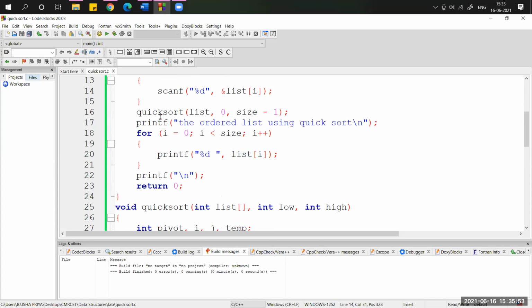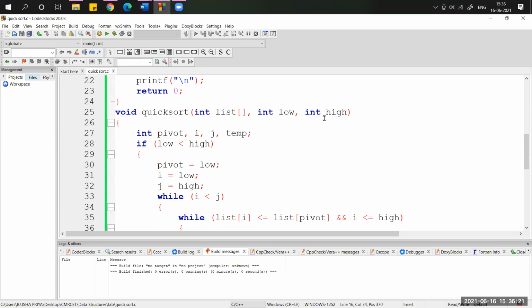Now we are calling the function. Which sorting technique are we discussing up to now? Quick sort. So what we are calling a function here, we are passing three parameters. What are those parameters? List, meaning the array elements, the zeroth location, just zero, and then the last value, size. This is the starting index and the last index. Now it will take those three values and assign them to low, high and list. Low means 0, high means n minus 1, list means all the values.